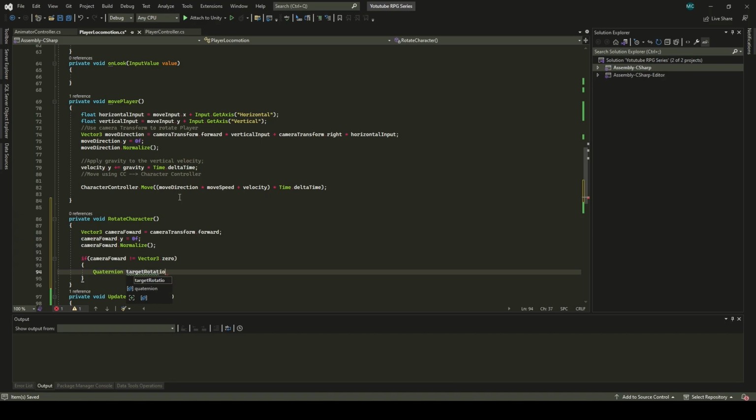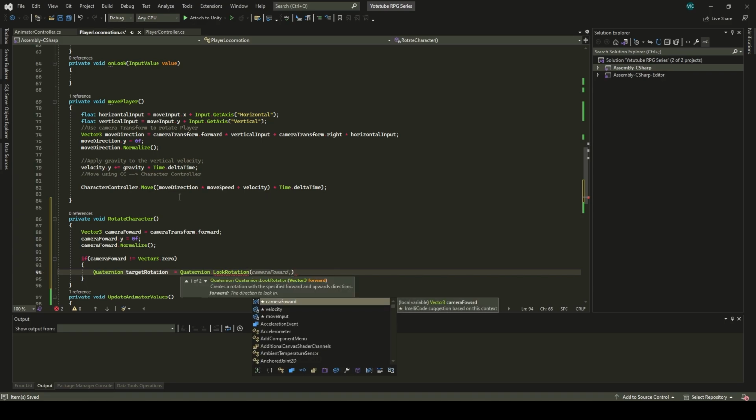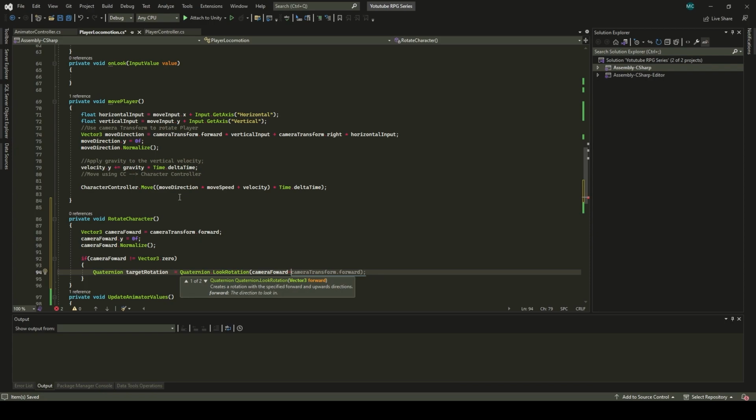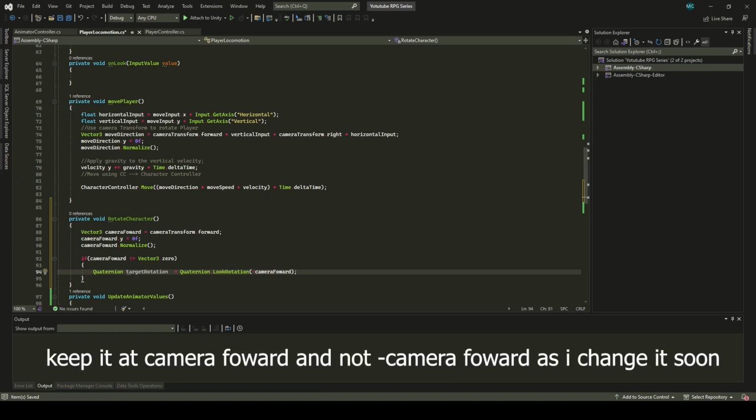I'm going to explain what Quaternions are in a bit. Is equal to Quaternion dot LookRotation, and then we're going to say minus, not camera forward, but minus camera forward. So we're going to negate the camera forward. Okay, so once that is done, we're going to go to the next line here and say